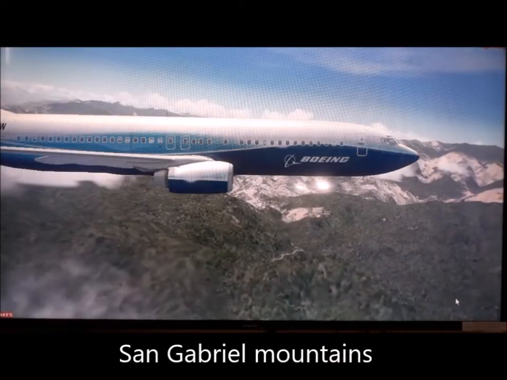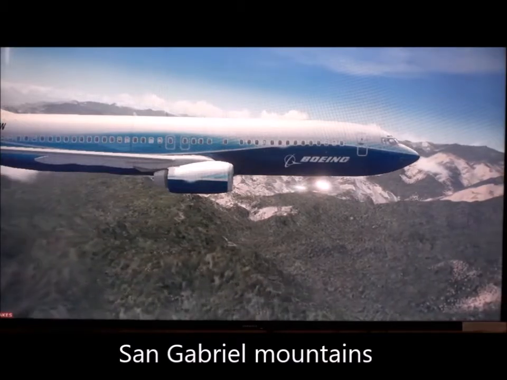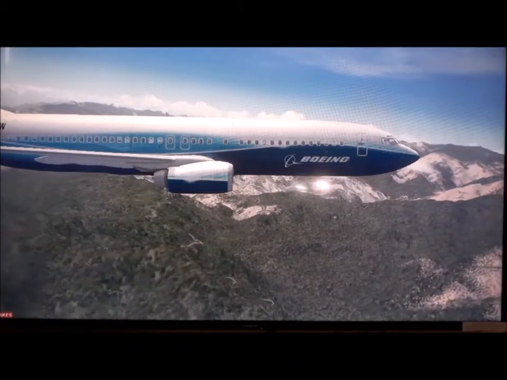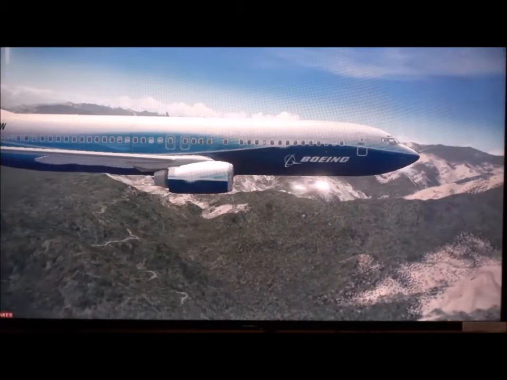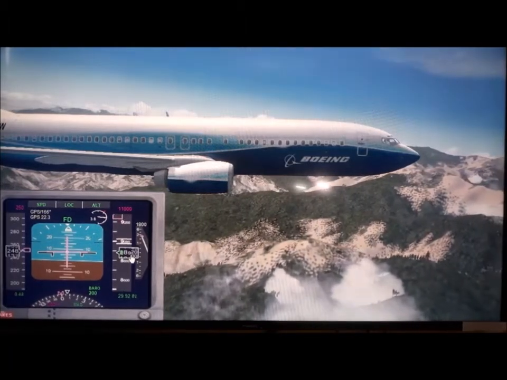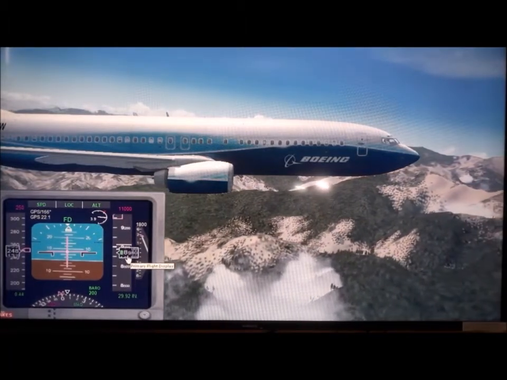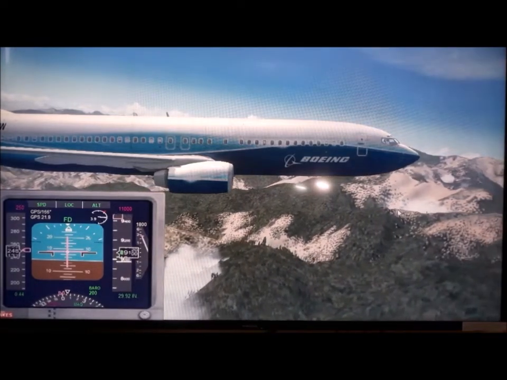We are over the mountains, already over the mountains. You can see we are set at 11,000. It is only 8,800, but we are possibly not at the peak, so we are still somewhat clear of the mountains.